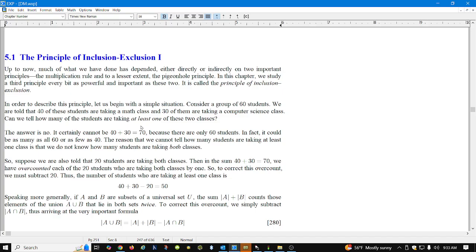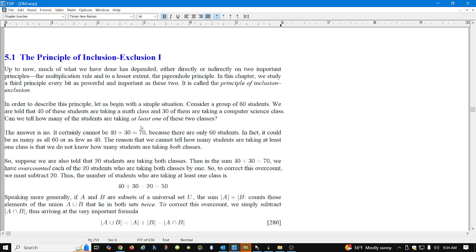So it's somewhere between 40 and 60. The reason that we can't tell how many students are taking at least one class is because we don't know how many students are taking both classes. Okay? Now it's worth thinking about that until it's pretty obvious, because this is the heart of the principle of